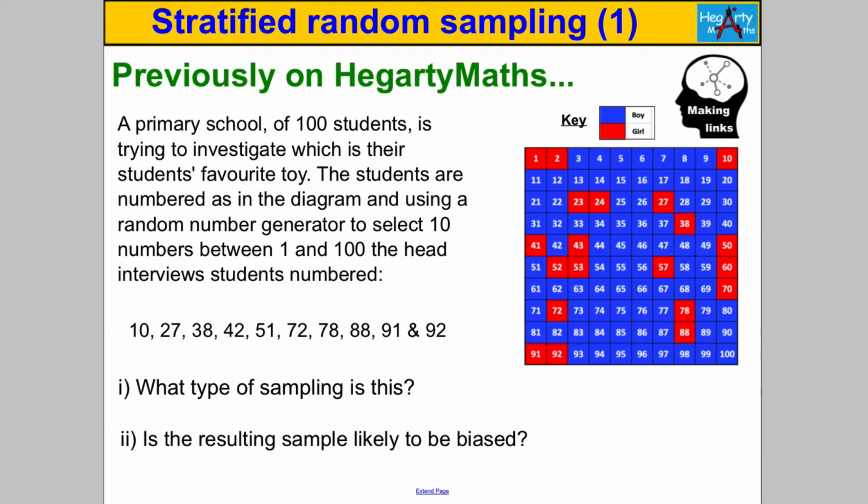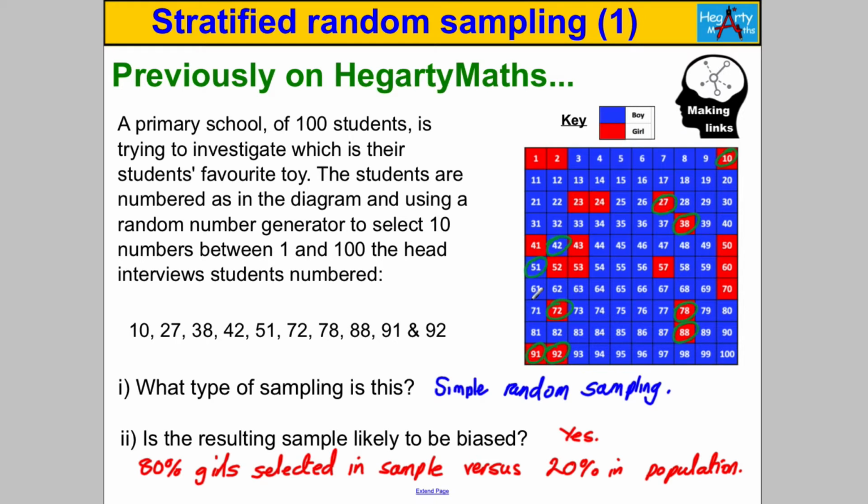Pause the video and double check you can do this question, which is on a previous video on Hegarty Maths. So these are the students he would pull out, and the technique was simple random sampling, and the question was, is it biased? And the answer was it is likely to be biased, yes, because in this particular scenario you picked 80% girls in your sample and there are only 20% in the population. So we have to think of a strategy where, when it is important to divide up your sample into groups, we do so, and that's called